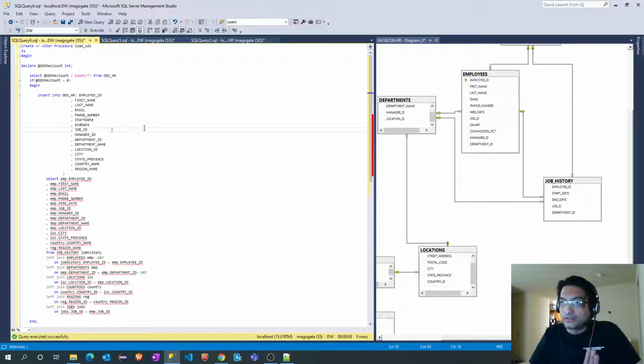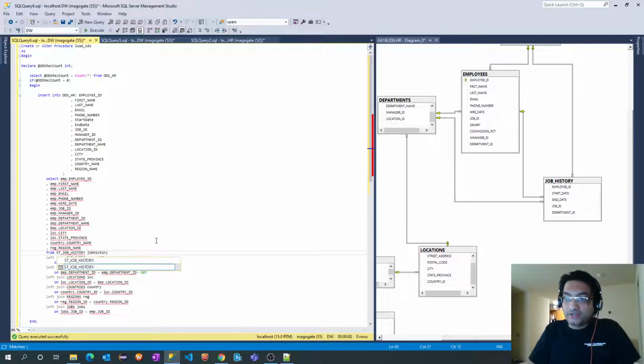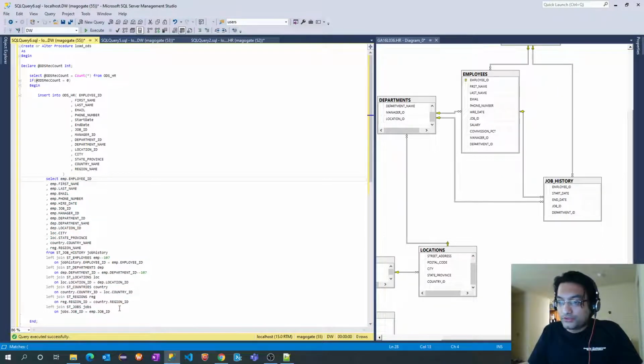Yeah, so far this is good. And only one thing we have to do: in the data warehouse, this is giving me an error. The reason being, we don't have these exact table names. The table name starts with st, so there is a prefix in the staging table. So I will just change that. Yeah, so if I run this query, it should work.